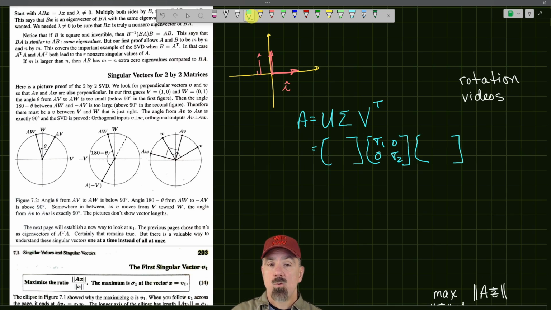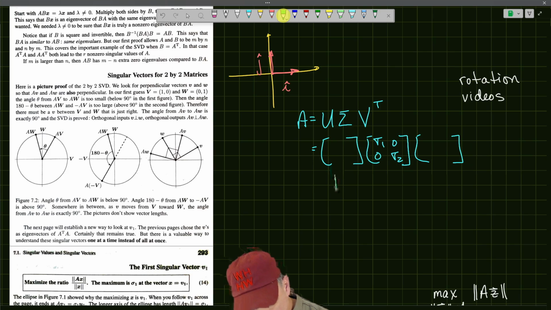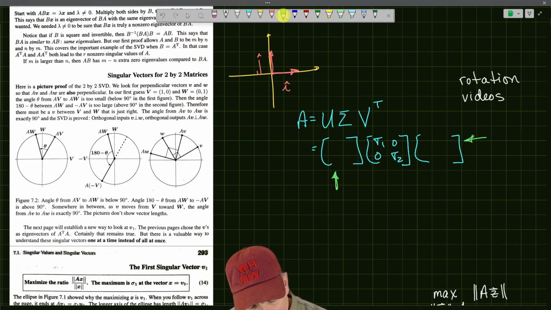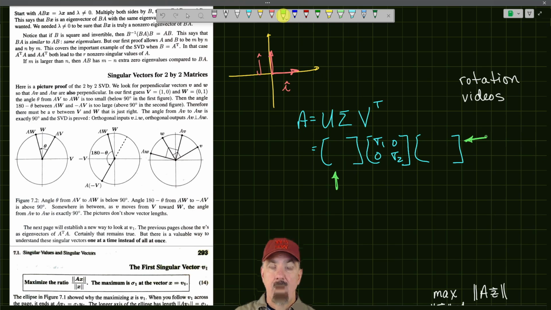To have an eigenvector, we can multiply by -1 and we still have the same eigenvector. That's true here. We could multiply U1 times -1, and if we multiplied V1, the first column of V, by -1,